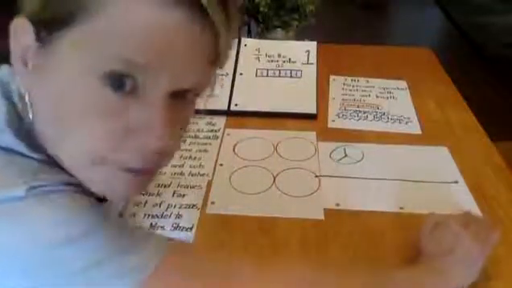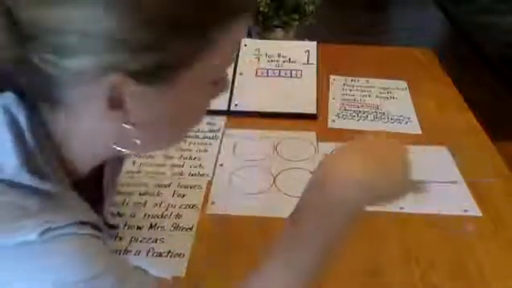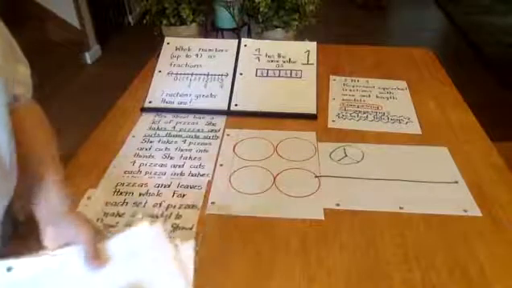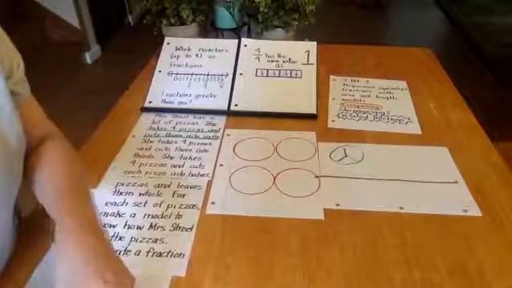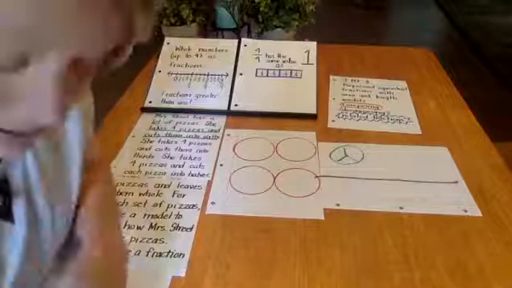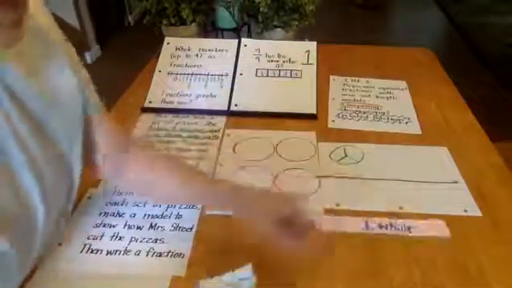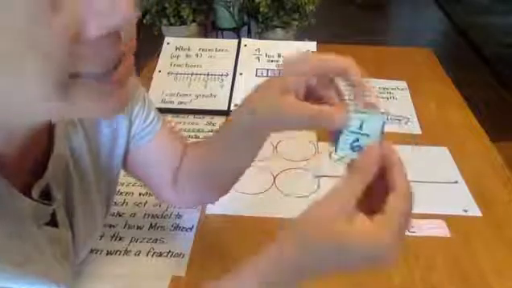I've turned it linear. Okay, so I know with my related fractions, which I don't have out my fraction bars, they're right here. I know with my related fractions, if I'm looking at one whole and I want to partition it into 6, what's the first step I have to do? Do you remember? So here's my whole. I want to partition it into 6. How do I get to 6? We've done this. We have to take 1/3 and partition it in half, and that gives us the same area